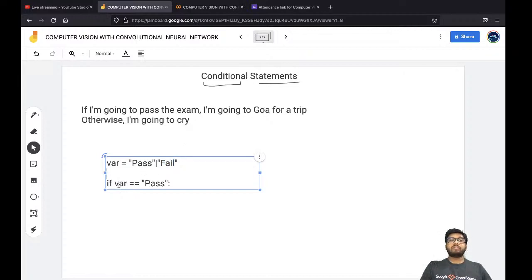So if the value of this var is pass, if I pass the exam, what am I going to do? I am going to go to Goa. Let me add a print statement: I am going to go to Goa. But if it doesn't happen,